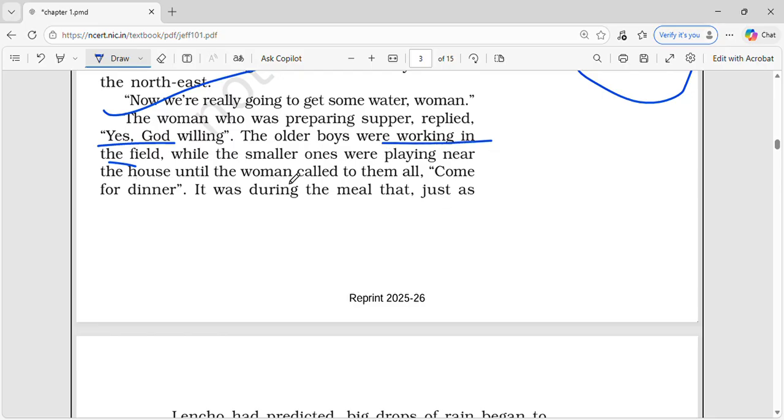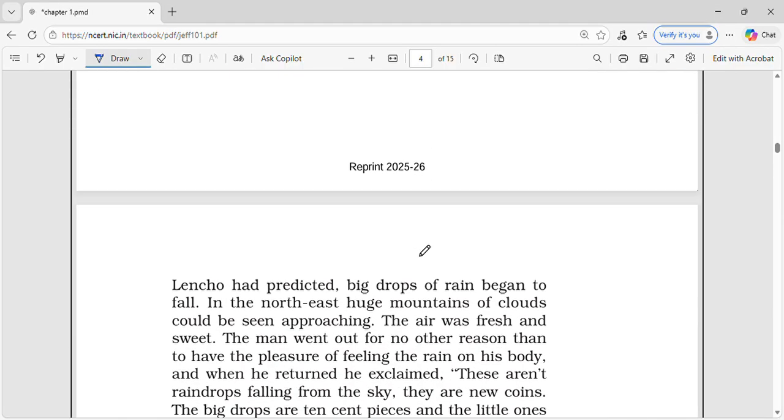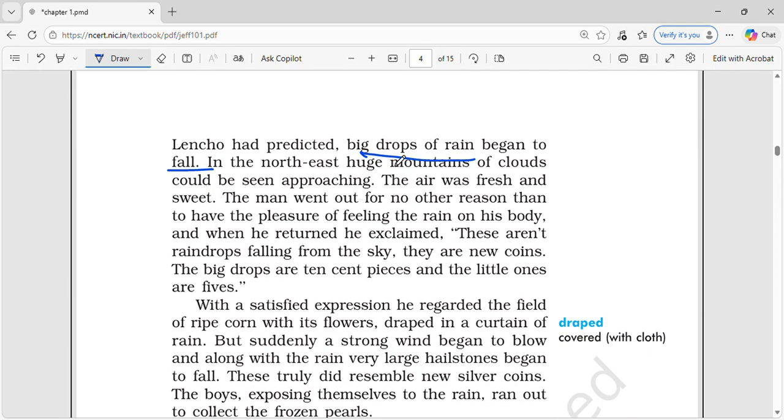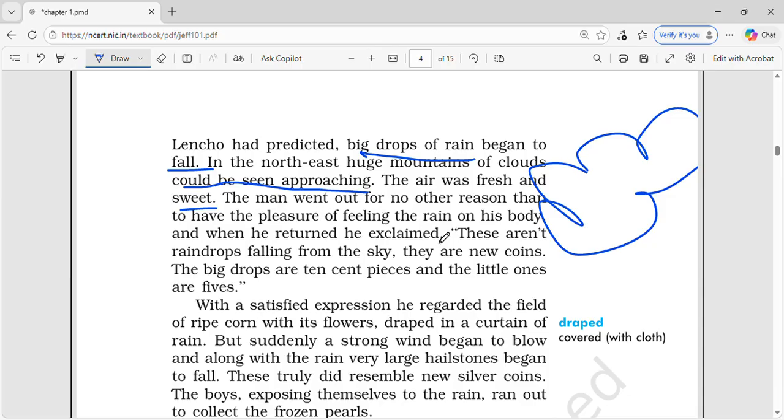So the woman who was there, she called out, supposedly I think it's the wife who called the kids for lunch, I mean dinner. And when they were having their dinner over here, as Lencho had said that it would rain, big drops of rain were seen falling, and in the northeast huge mountains of clouds could be seen approaching, मतलब the clouds and all of that could be seen approaching. The air was fresh and sweet. The air जो था, it was fresh and sweet, and then the man went out for no other reason